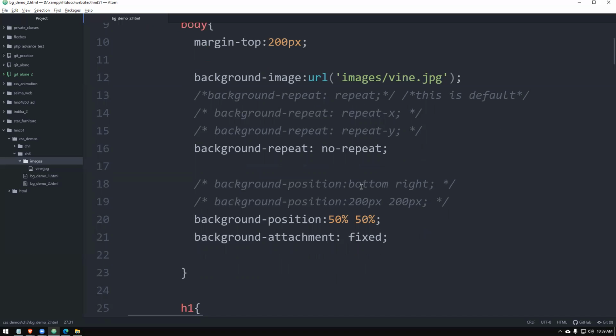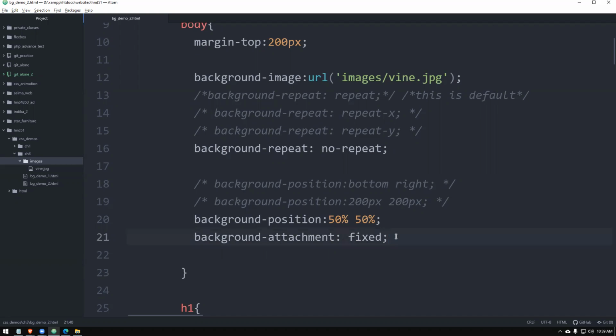Then you say background position, which we also learned. So we can give top, right, bottom, left, those things, or you can give them in a mixture so you can control more places. Background position can also be controlled using pixel values, as well as percentage values. Then finally, we learned something called background attachment, which means if you have a lengthy web page and you have your background image in one place, by the time you are scrolling, you can keep the background fixed, but the content will scroll, right? That's possible to be done, right? So that's what we basically did, right?